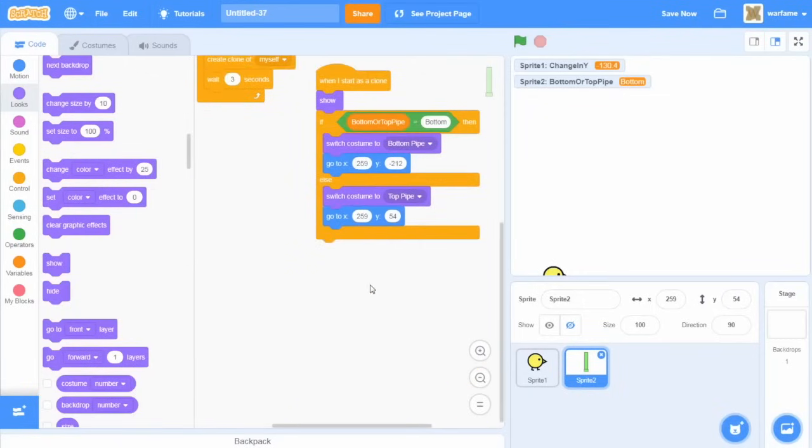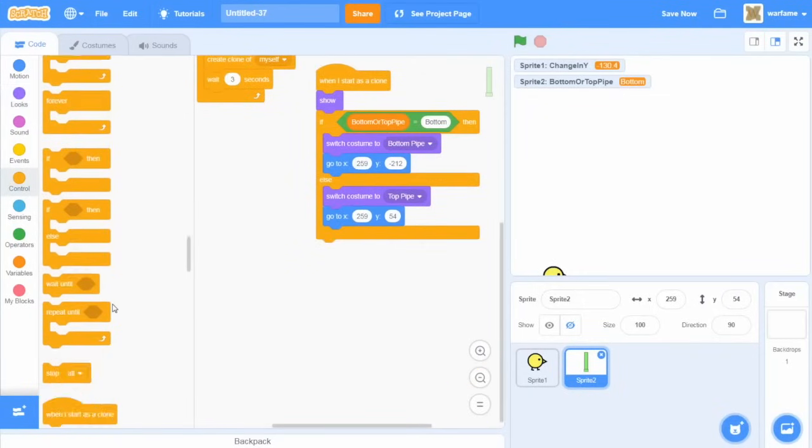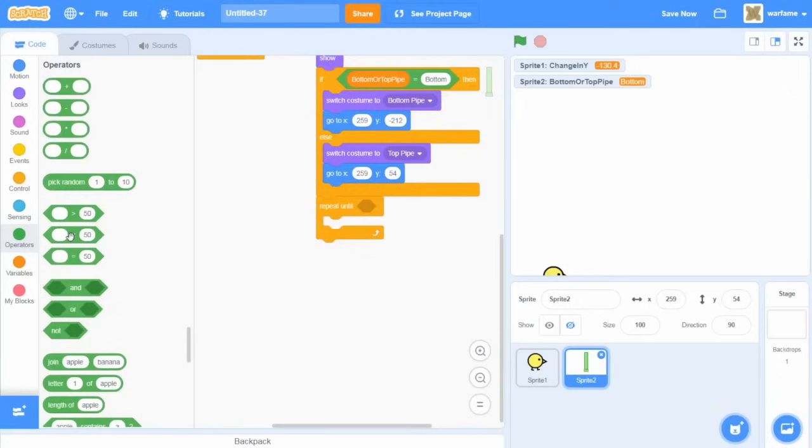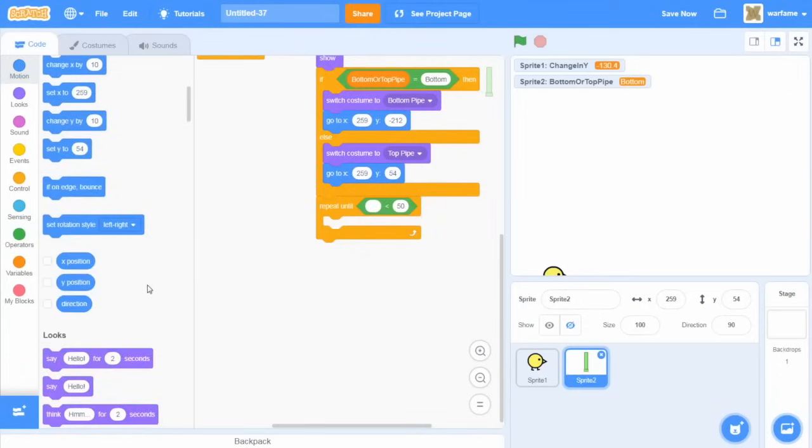So to do this is to go to control and grab a repeat until block. Let's put that after the if-else statement. So what the repeat until block does is that it keeps doing something as long as the thing in here is true, and then after the thing in here is false, then it runs the code after. So of course, since we want the blocks to disappear after reaching the left side of the screen, we want to grab an operator. Let's grab a less than operator, put it inside here,